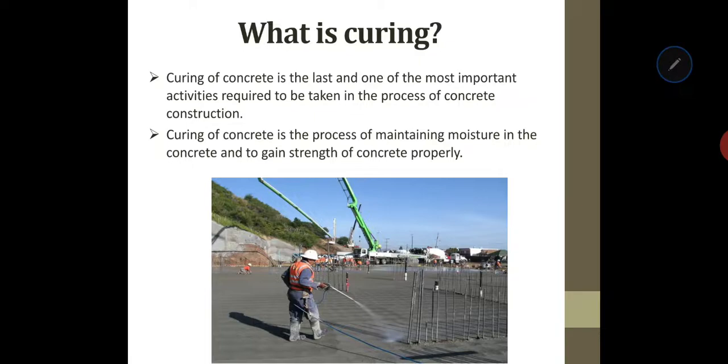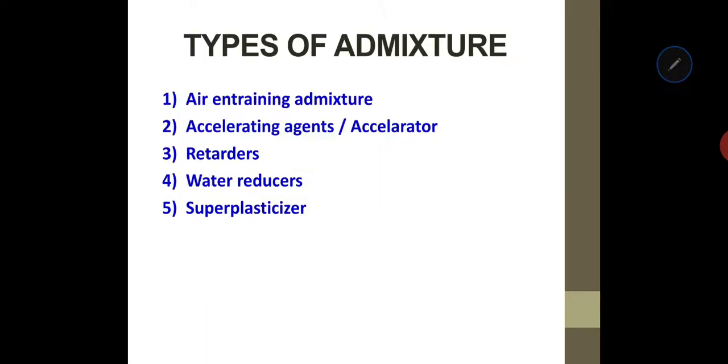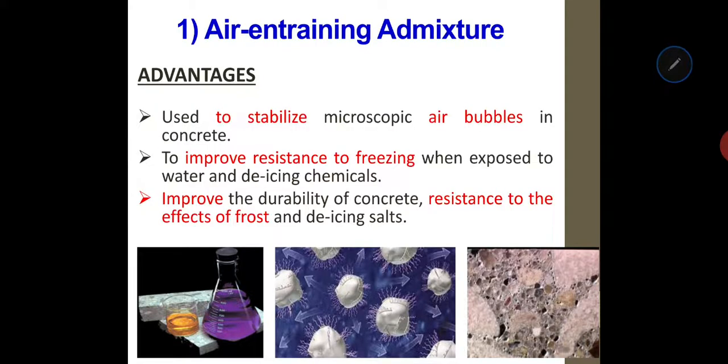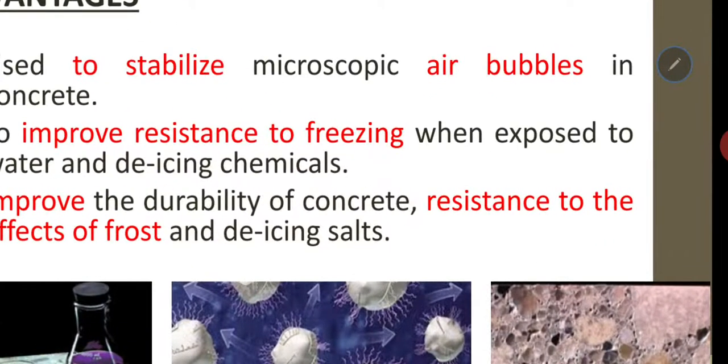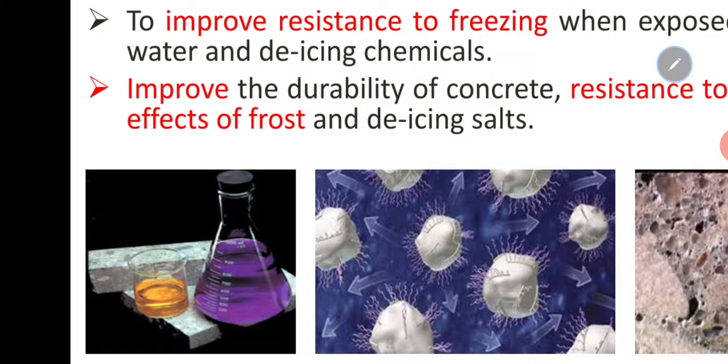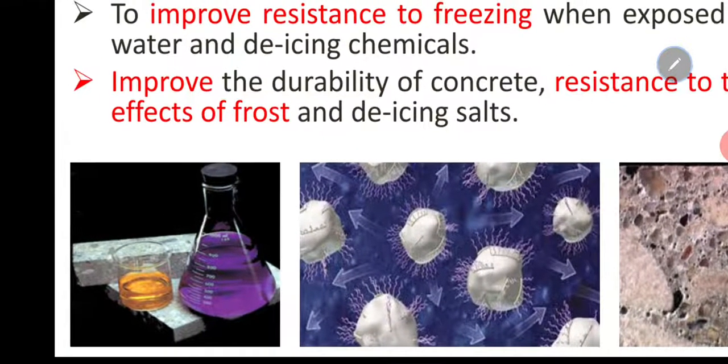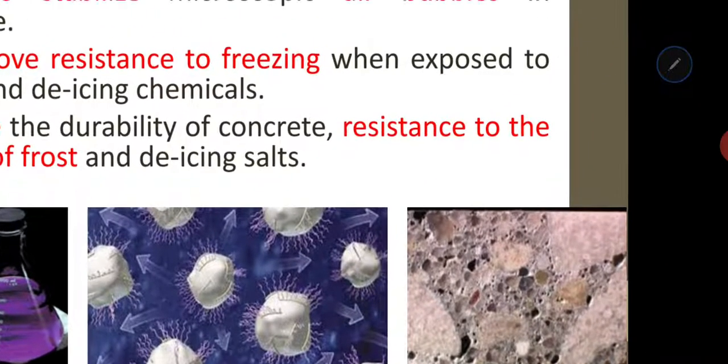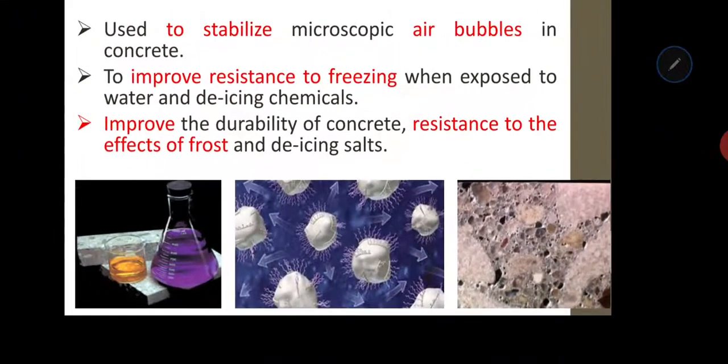So next is types of admixture. We have air entraining admixture, accelerating agent or accelerator. You have retarder, and then water reducer, and also super plasticizer. Okay, you can see the picture here. What is air entraining admixture? It comes in liquid form. Okay, what happens is in the internal